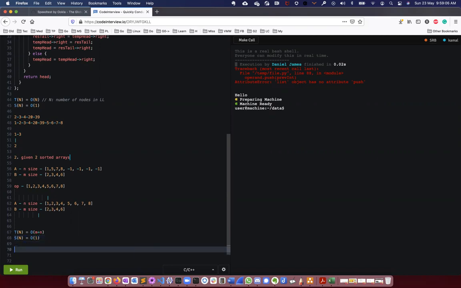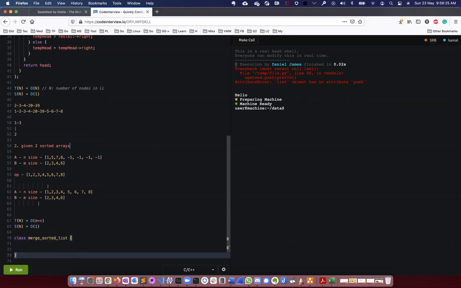Yes. Do I need to return anything, or do I just sort it here itself, since it's the input array, so it will be taken care of? I don't have to return anything, right? Yes.